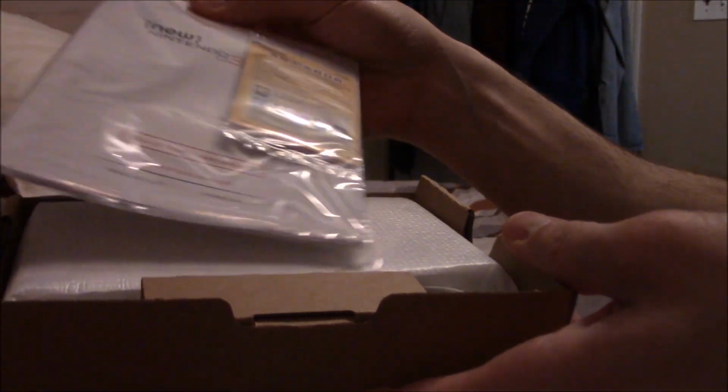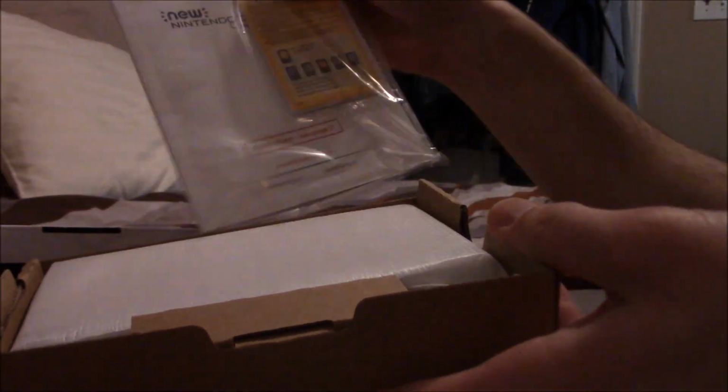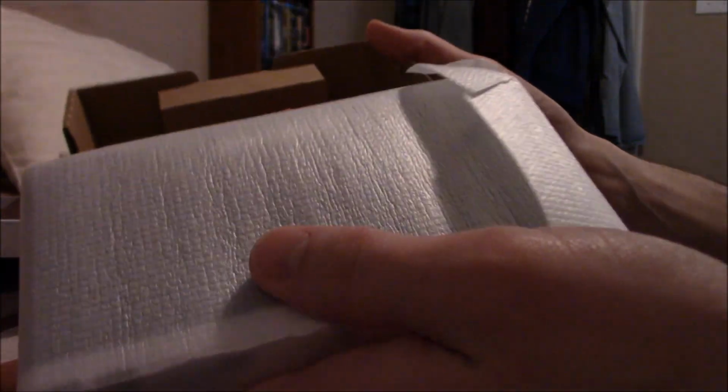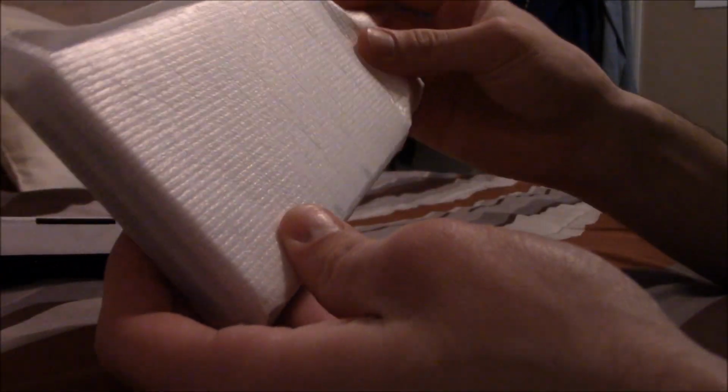Comes with your standard crap, books you're never gonna read, and here's the unit. And I think it's really freaking lame that they don't give you a charger. At least charge me $10 less if you're not gonna give me a charger. Not that I don't need a charger, but